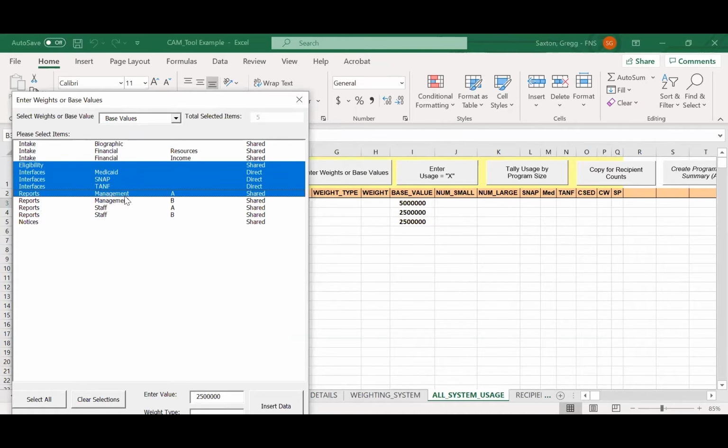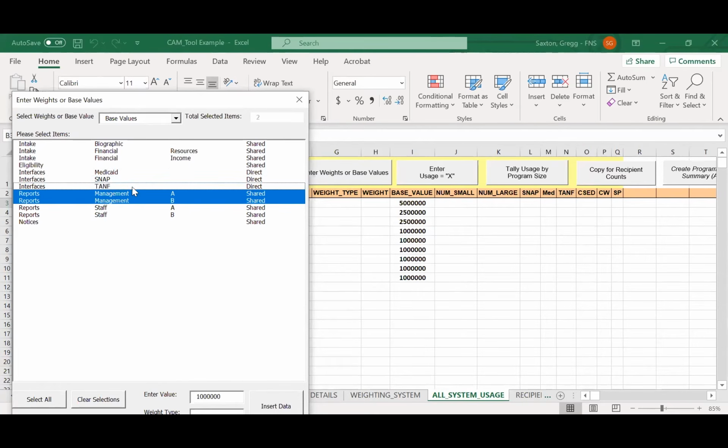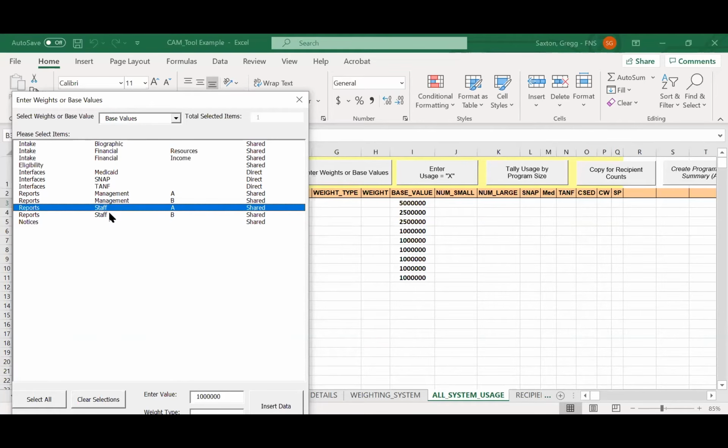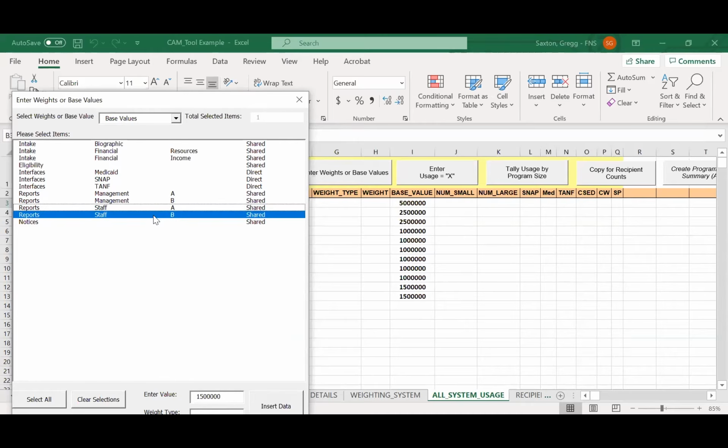Next, yeah, 5, I think, yes, are the same, and unhighlight those, and then we highlight these 2, and the cost for these is 1.5 million. And finally,